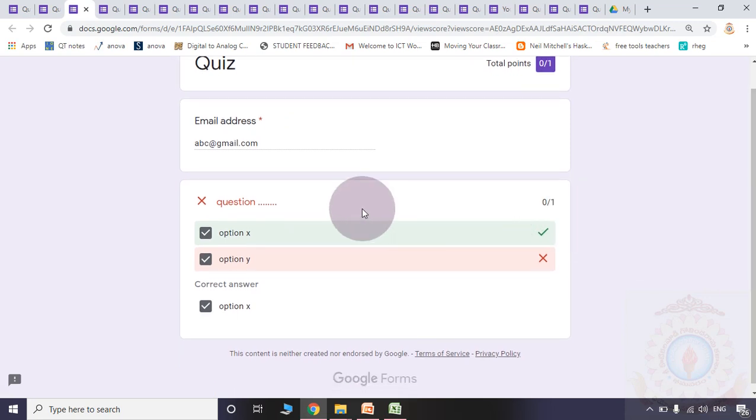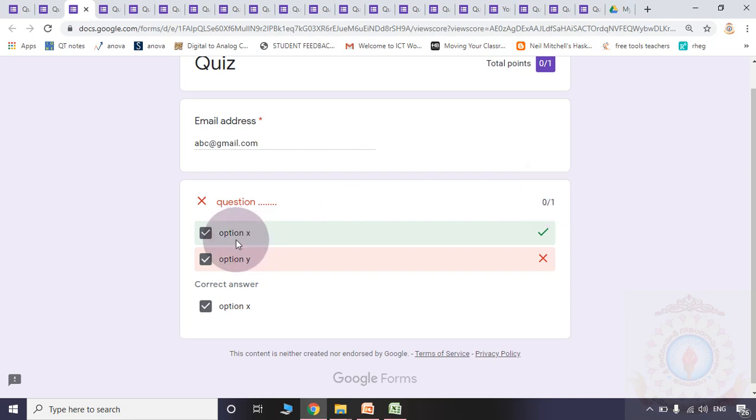Please observe. Option X is correct, but in the checkbox, there is a chance to choose all the sub options. That is the inherent format in the Google form. So if the student selects both the boxes, even if the correct answer is included, then also he or she gets 0 points only. It means whenever only a particular option is correct, compulsorily we are supposed to choose multiple choice only.